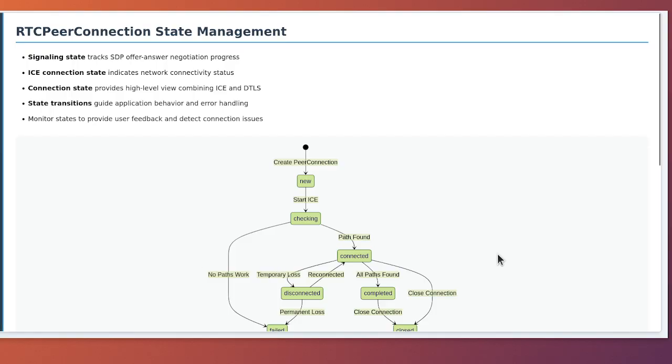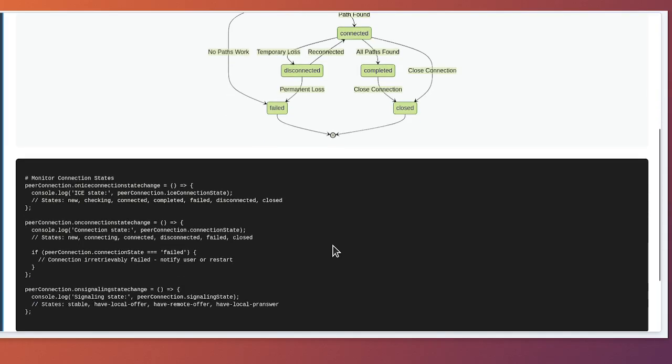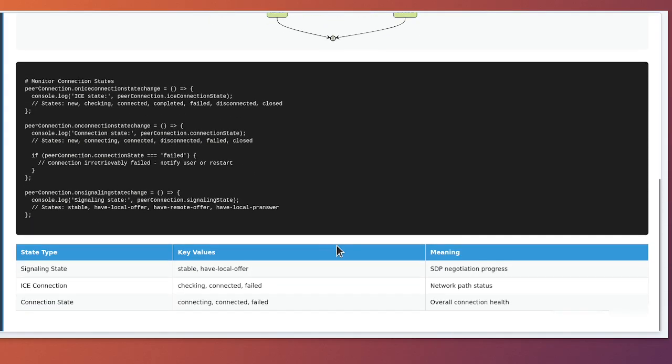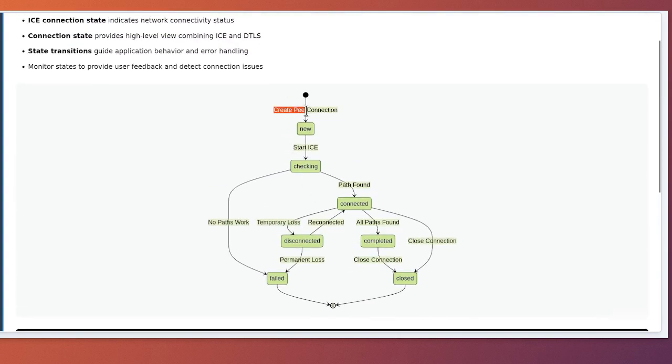RTCPeerConnection lifecycle. The RTCPeerConnection object goes through a series of well-defined states as it establishes and maintains a connection with a remote peer. Understanding these states is crucial for building robust WebRTC applications because they tell you exactly what is happening at each stage of the connection process. The lifecycle begins when you create a new RTCPeerConnection object and continues through various states until the connection is eventually